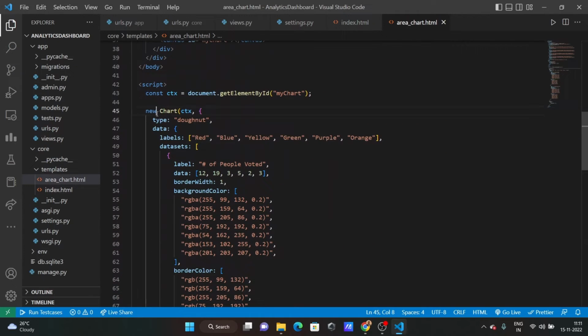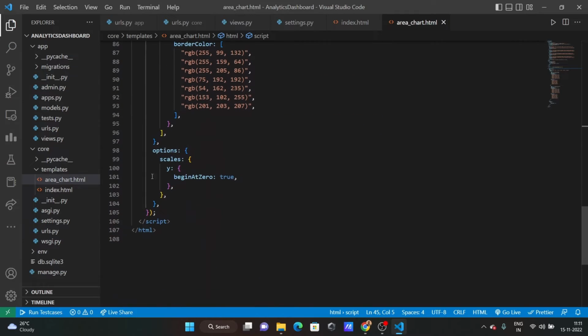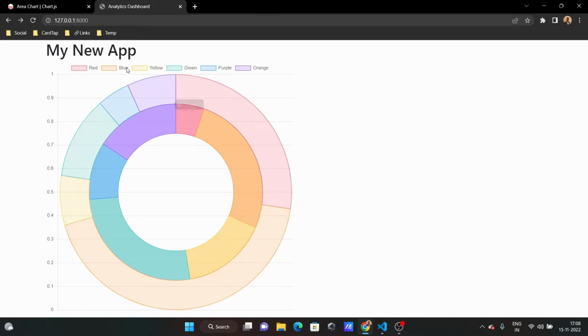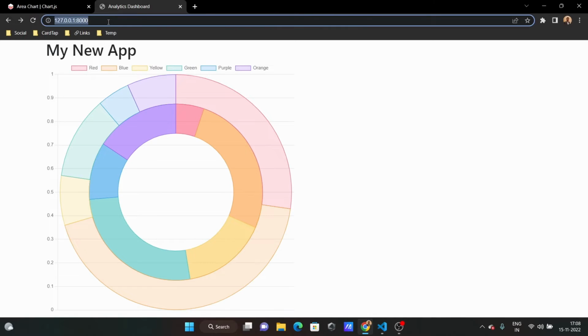Now let's change this configuration. Let's change it to line chart, and then set the fill property as true. Once you finish that,